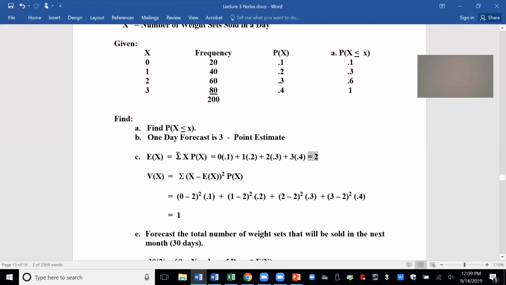If I say write the expression for the variance, and I've given you the check figure for the expected value, you go 0 minus 2, and then square it times 0.1, and then 1 minus 2, square that times 0.2, 2 minus 2, square it times 0.3, and 3 minus 2, square that and weight it by the 0.4. And on the exam, this will be a sufficient answer. That will be the final answer. Don't go any further. And it turns out to be 1.